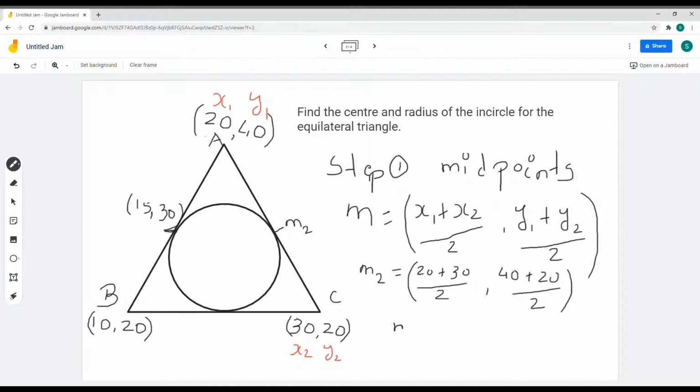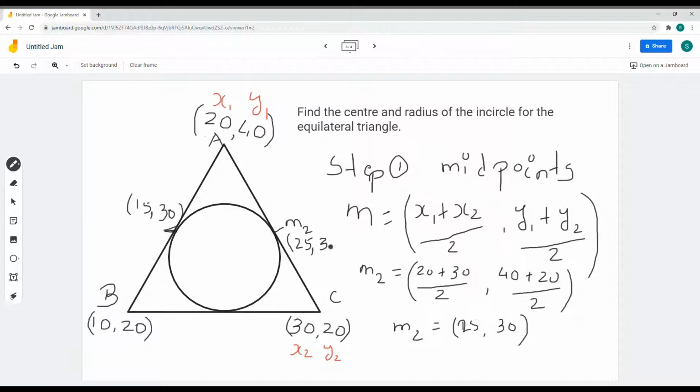So my M2 is 15 and, sorry, it won't be 15, it's 25. Apologies for that. So it's 25 and 30. So I'll come back here at my M2 and write my new coordinate, which is 25